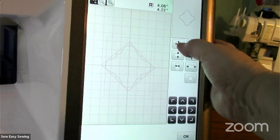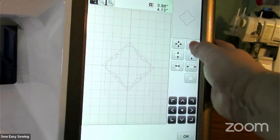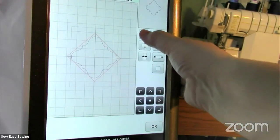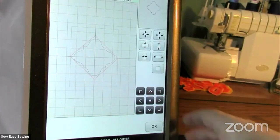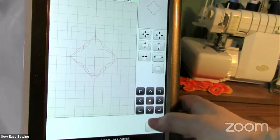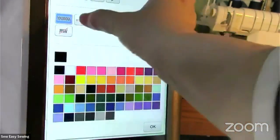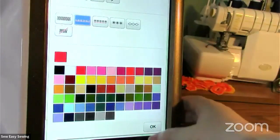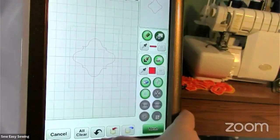I think I made it 4 inches wide, so it would come out to be 4 inches. So a little bit smaller. Close enough. Okay, and then I'm going to save this design. I want to change this to a running stitch, and then whatever color, apply the color. Okay, and then I save it